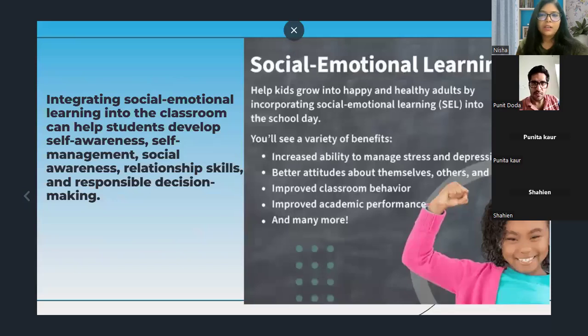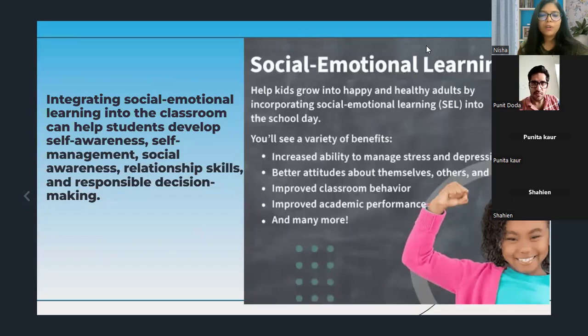Social emotional learning, that is SEL, can be integrated, which is very essential for students' development. Regular SEL activities can support our students in managing their emotions and interactions more effectively.